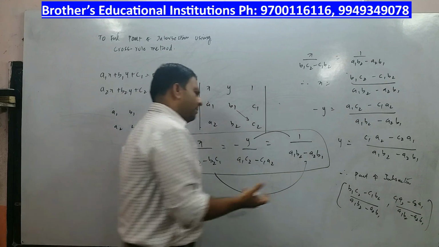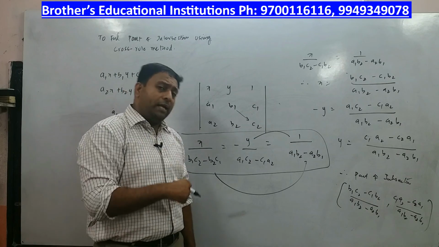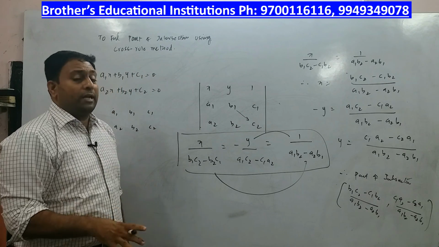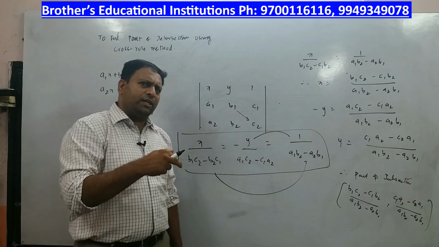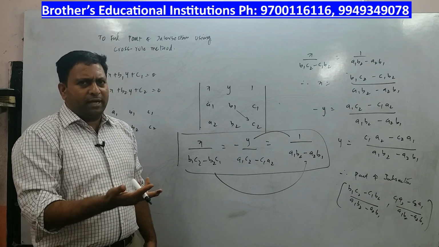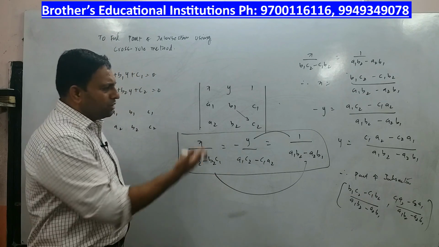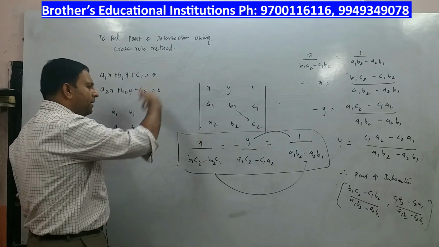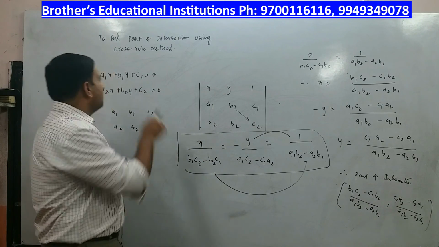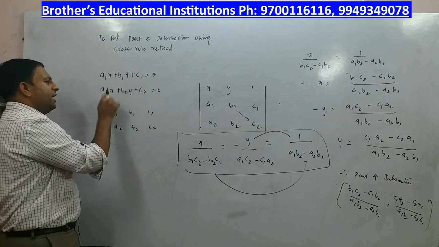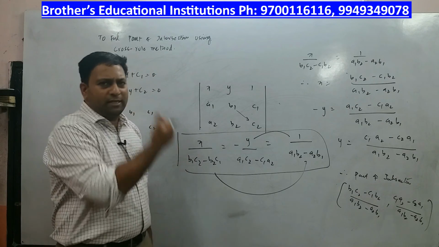Though it is not that much helpful, in some cases you will require this methodology to determine the point of intersection. You are clear with the difference between point of intersection and point of concurrence. If you find a point of intersection, it becomes a point of concurrence when one more line passes through the same point, is it not? So this is the methodology. It may be difficult to look at things with a1, b1 and c1, a2, b2 and c2. Take real numbers like 2x plus 3y plus 5 and x plus 2y minus 5, something like that. Try to solve and then you will understand this method more clearly.